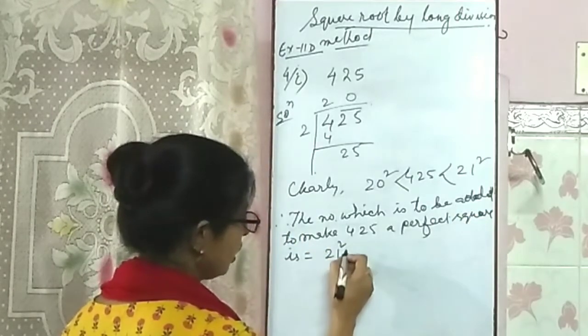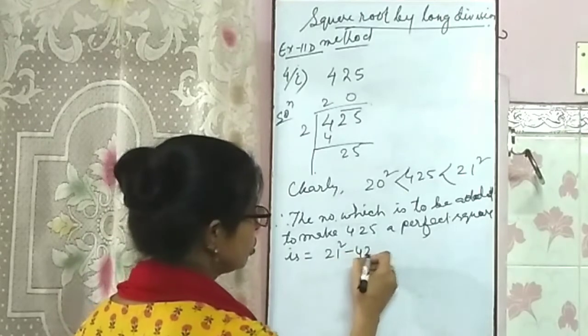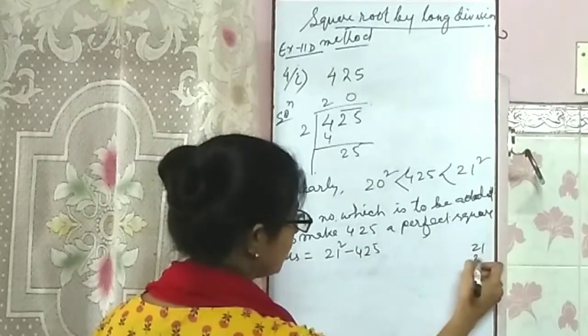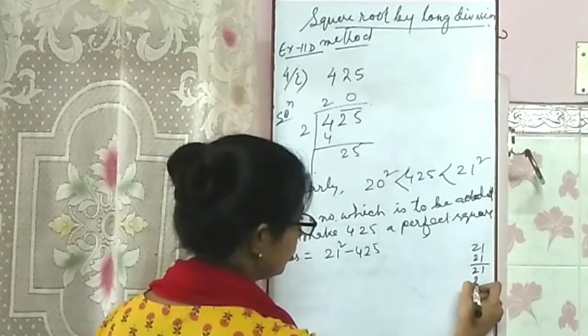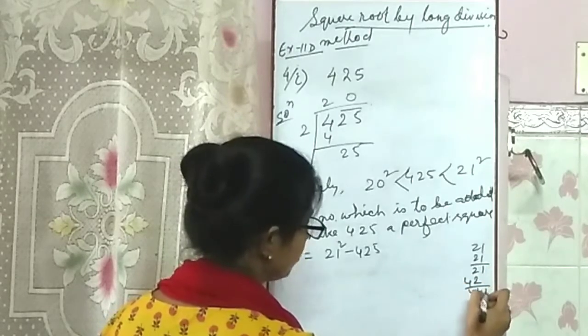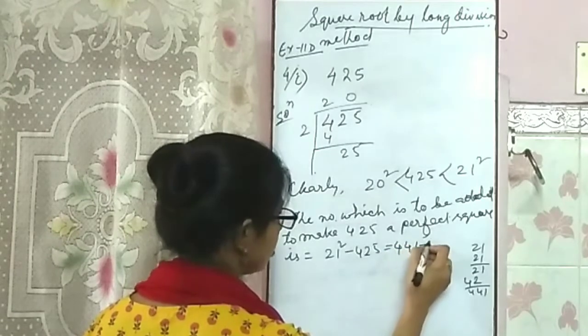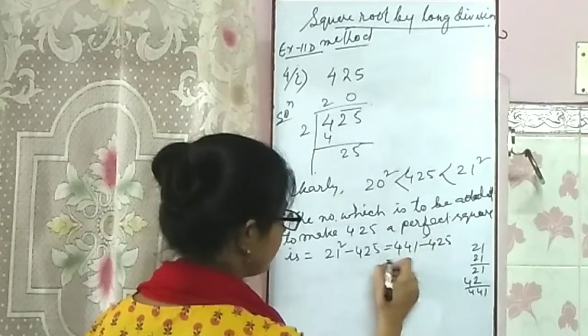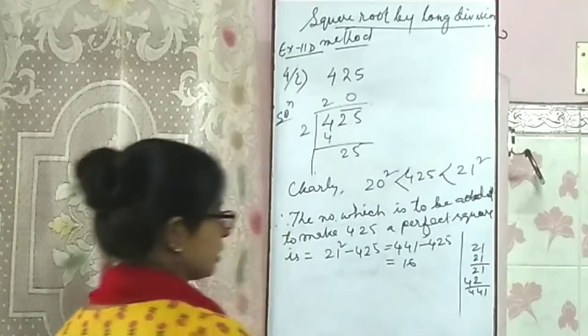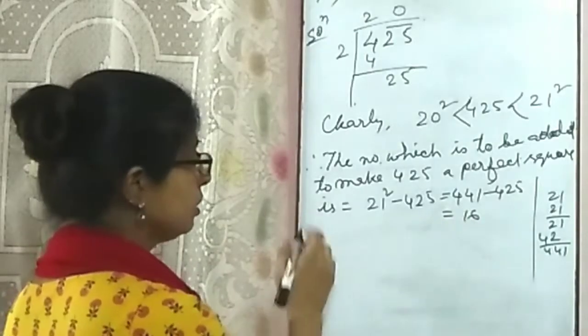From 21 square you subtract 425. So make 21 square. 1 1 2 2. So it comes 441. 441 minus 425, which is 16. That means we have got that 16 is the required number